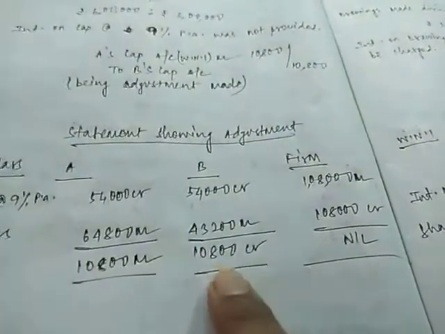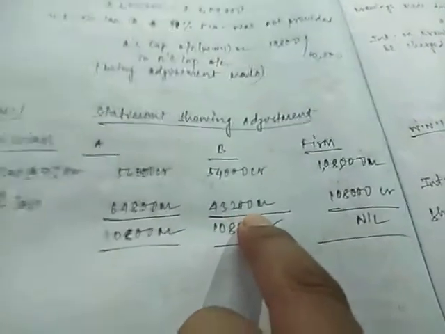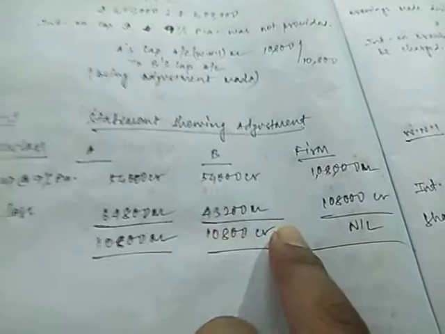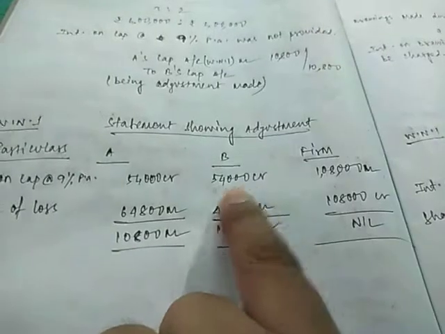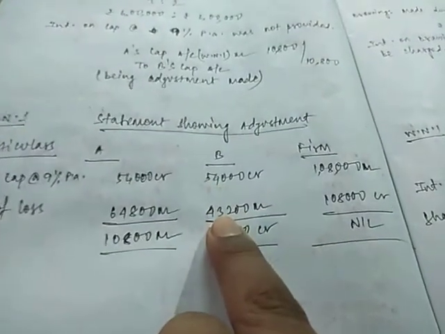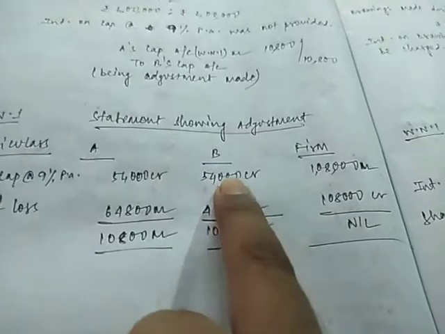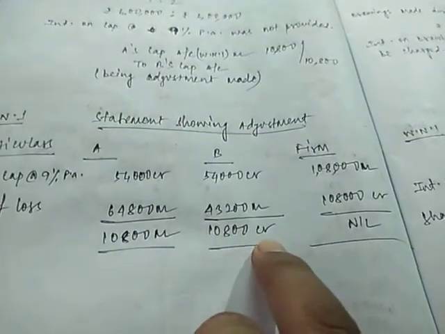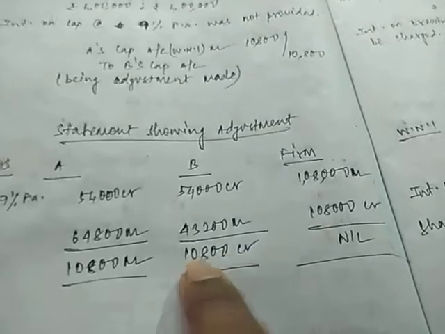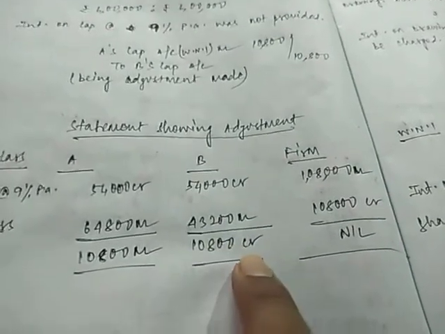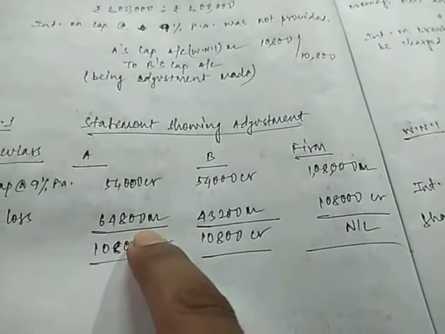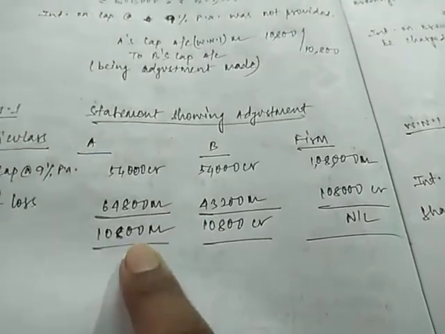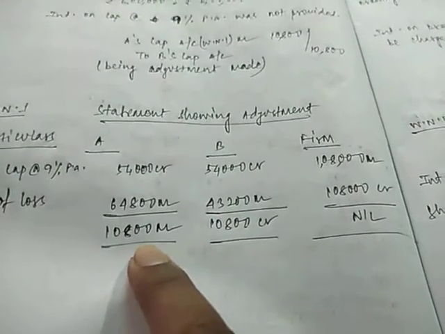Let us check for B. 54,000 credit and 43,200 debit. Generally when we balance, we write what is less, but here we'll write what is more. Credit is more or debit is more? You can check, credit is more. Credit is 54,000 and debit is only 43,200. So what is the difference? 10,800 credit is more, so we'll write 10,800 credit. In A, it is 54,000 credit, whereas it is 64,800 debit. The debit is more here. The difference is the same, 10,800 debit.